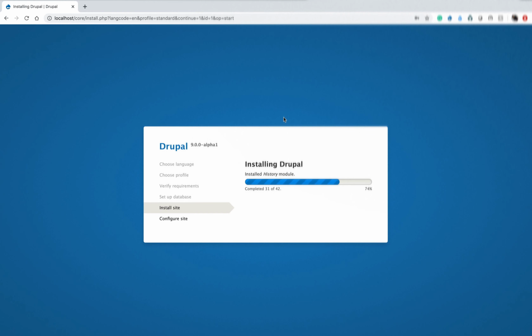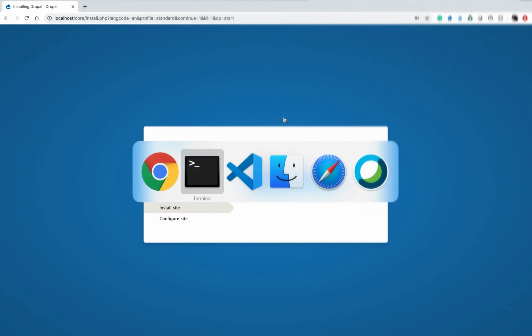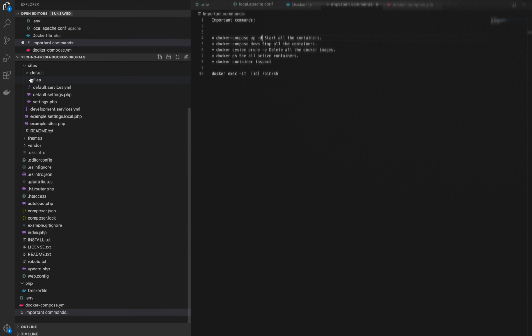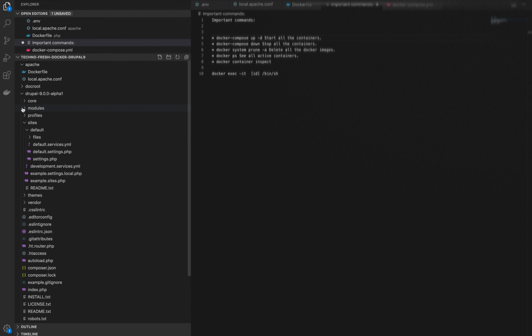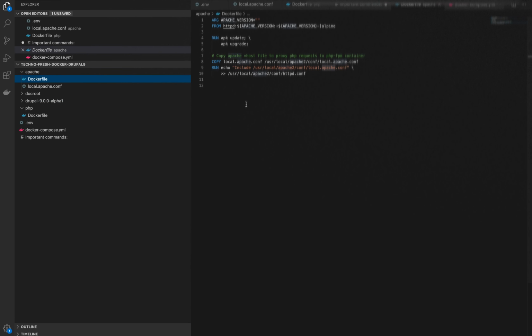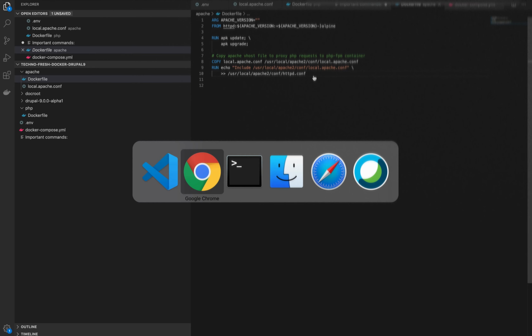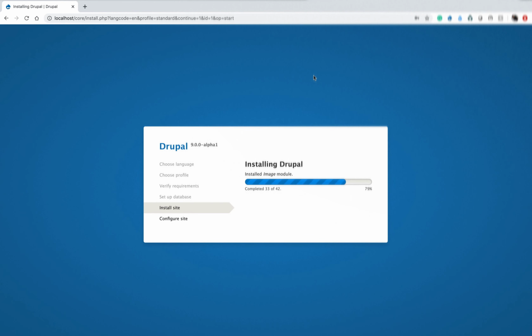Those configurations can also be done: create a PHP INI file and move it to an appropriate place in the Apache folder, and write some code, like a shell script kind of Docker file, like echo that INI file and place it where the PHP INI resides. You can copy and paste it there, and that will work as expected.